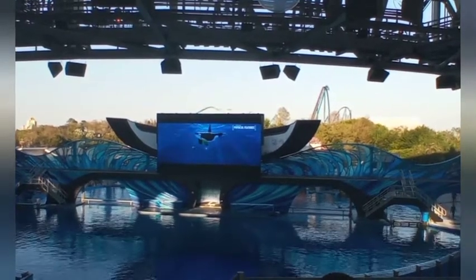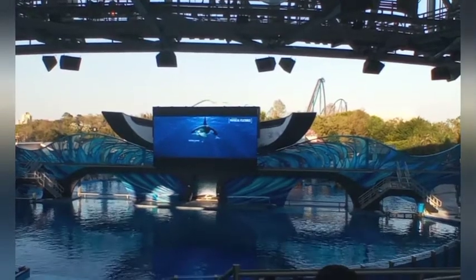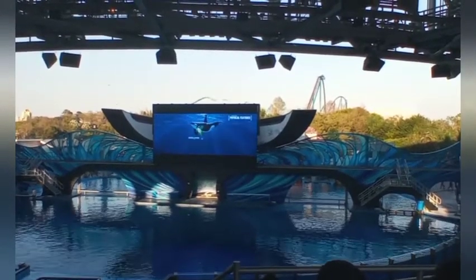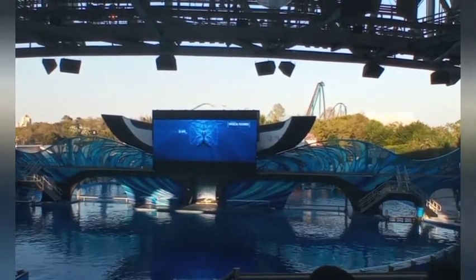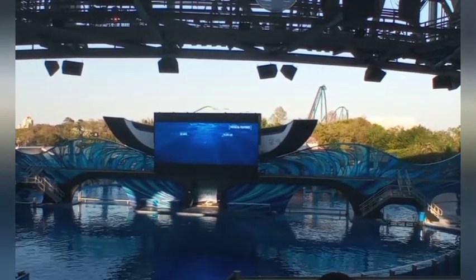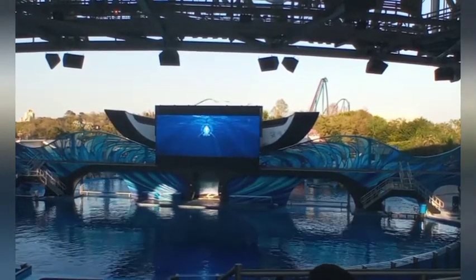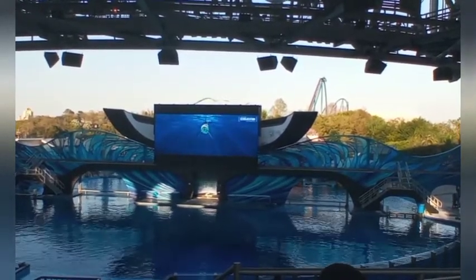The powerful pectoral flippers and tail fluke can propel them through the water at a high rate of speed with great maneuverability. Their top speed is nearly 30 miles per hour. Killer whales use echolocation